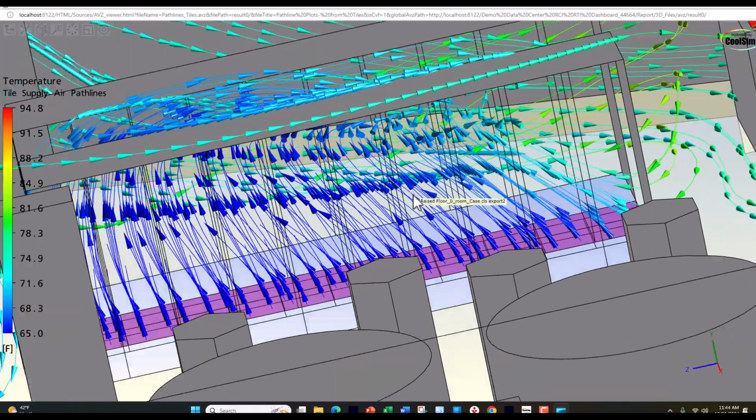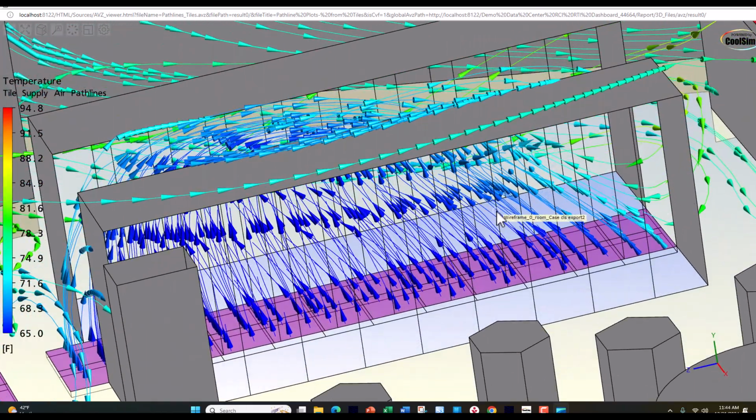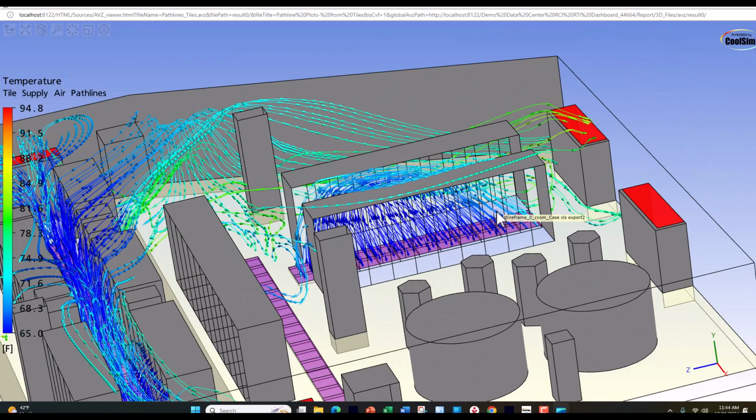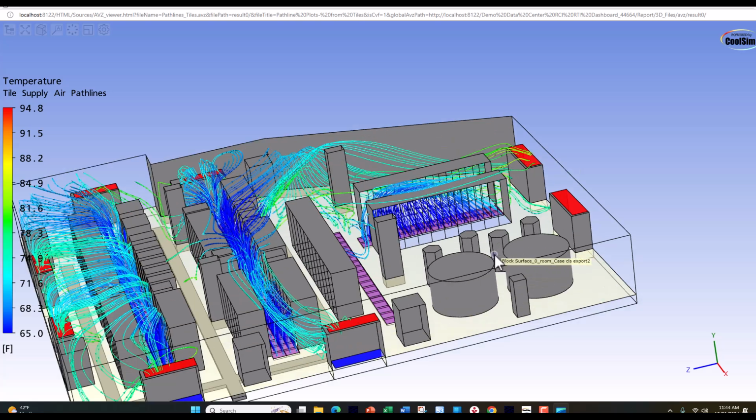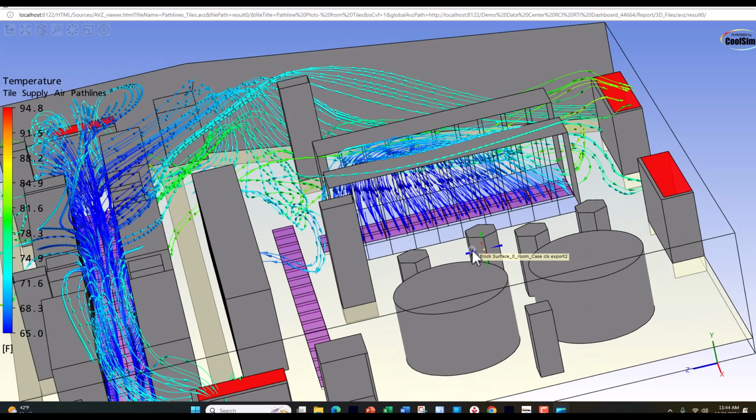Common problem, by the way, not unusual, to have a variation in performance of your floor tiles as a function of position, particularly in a room that has perimeter cooling units all blowing to the middle, which is what we have in this case. So that's an interesting plot to look at to show people, and you can manipulate it